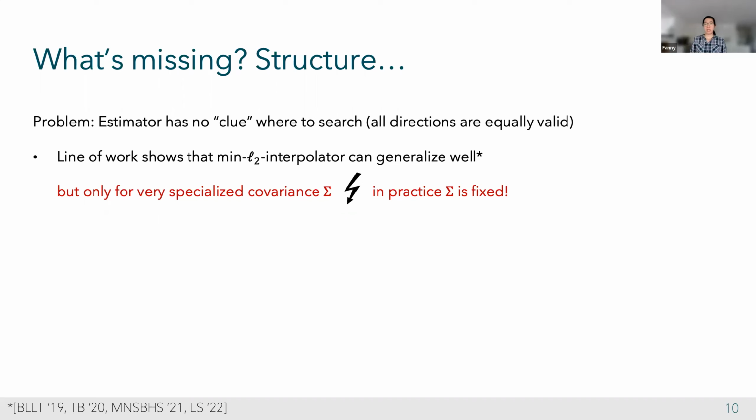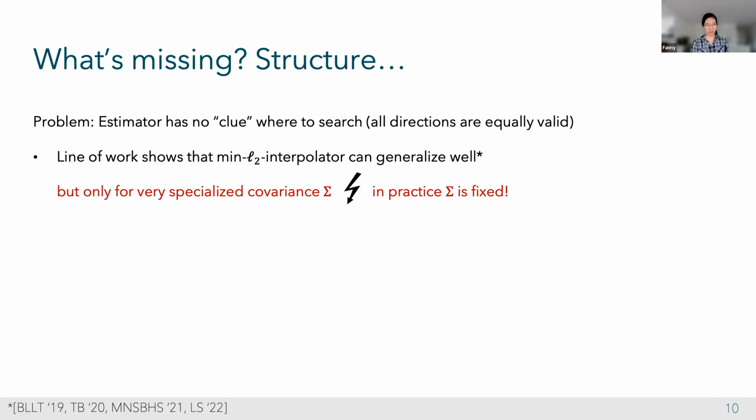So we want to essentially swap or change the perspective. Instead of varying sigma, we want to vary interpolators. Previously, people have looked at the fixed minimum L2 norm interpolator and varying covariance to get good generalization, and we will turn it around. Before we do this,